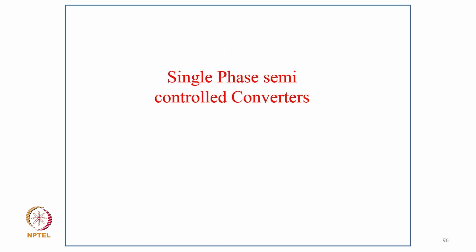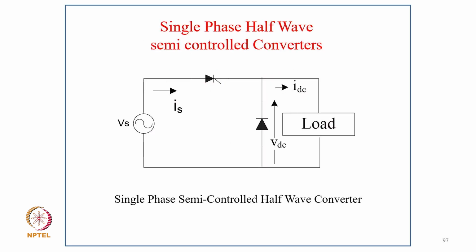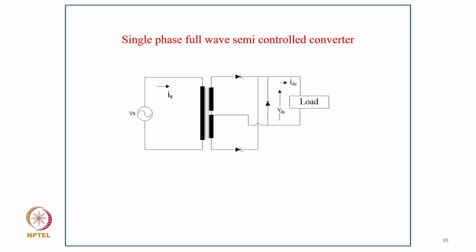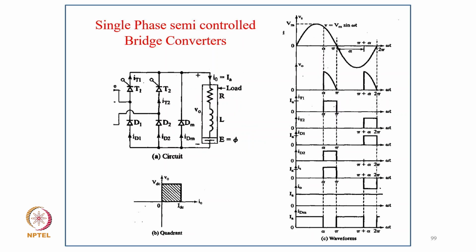Now coming to single phase semi-controlled converters. In the single phase semi-controlled converter we use a freewheeling diode, which is effective when we have an inductive load. This is the full wave single phase semi-bridge converter with the freewheeling diode and an RLE load. It becomes effective when you have inductance in the load. These are the typical waveforms of the current and the output voltage. You can see the different current waveforms of all components, and typically the supply current and output voltage.